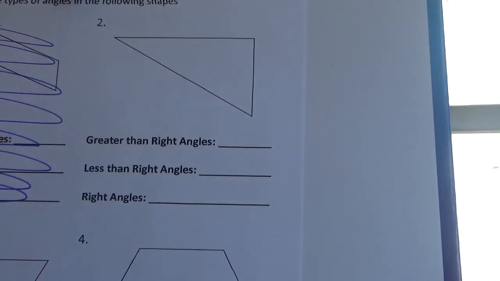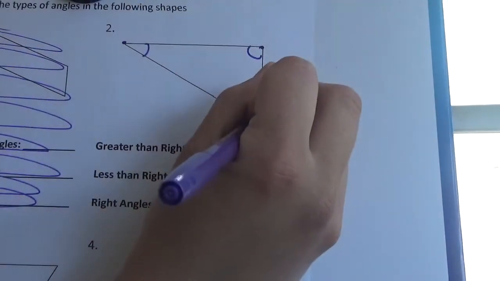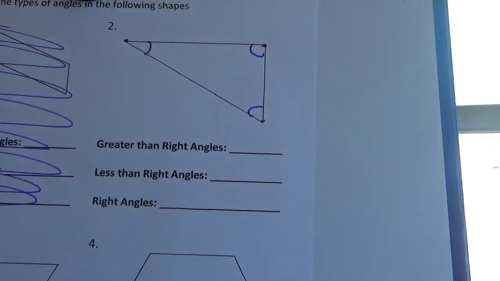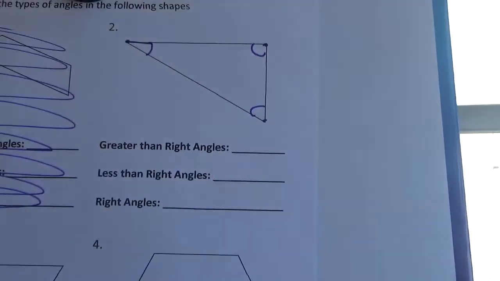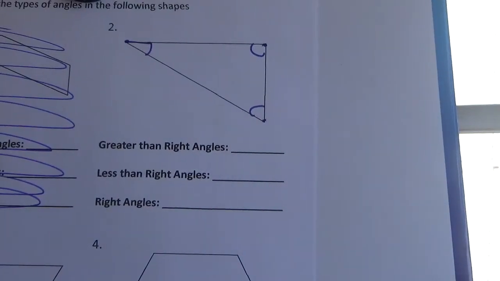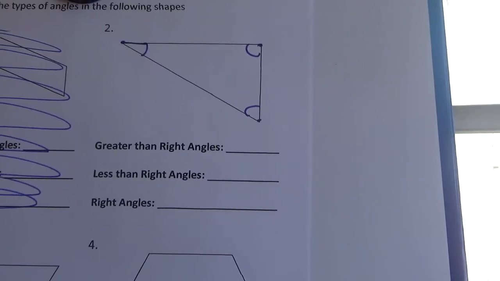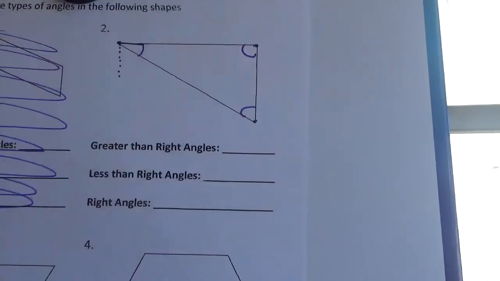So number 2, I can tell right now, is a triangle, which means it has 3 angles, 3 sides, 3 vertices. So let's take a look at this angle up here and try to figure out what type of angle it is. So I have a perfectly straight line at the top, a straight horizontal line. I'd like to figure out if it's a right angle first, and that will help me determine what type of angle it is. So I have your perfect straight horizontal line, and then if I draw my perfect straight vertical line